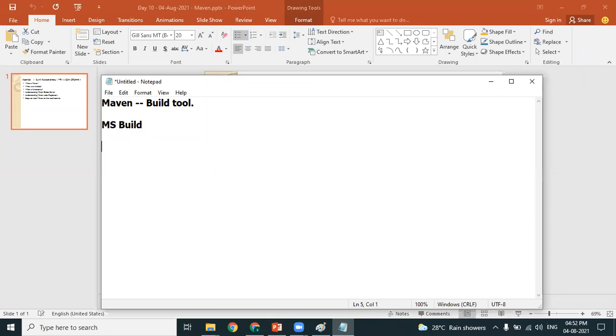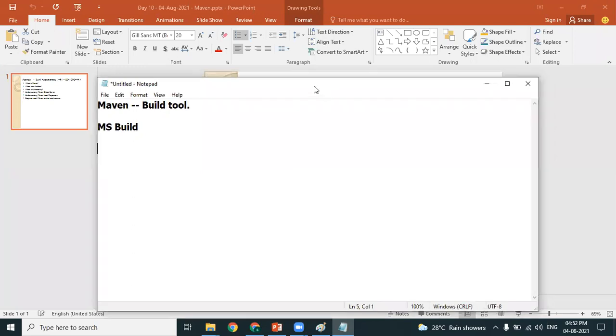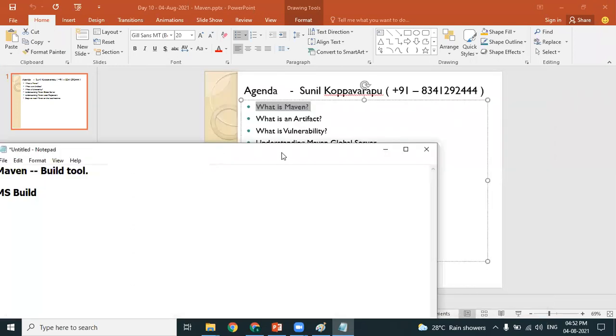We are understanding the cycle. As a DevOps engineer, we should always learn the generic concepts, not something specific to one technology, because as a DevOps engineer, you'll be handling multiple clients and multiple technologies. Client 1 may use Java, client 2 may use .NET, client 3 may use Python, but the concept of build and release is always generic. So we are learning how exactly we can package source code with the build tool called Maven. If anybody asks you what is Maven, you have the answer: Maven is a build tool.